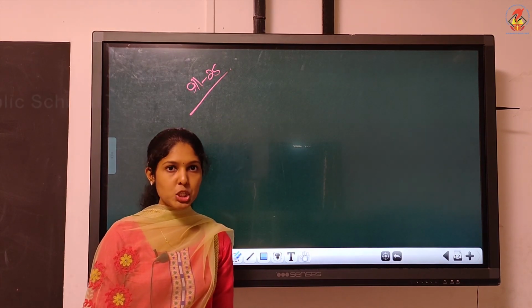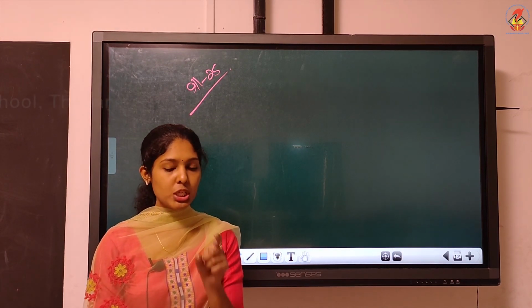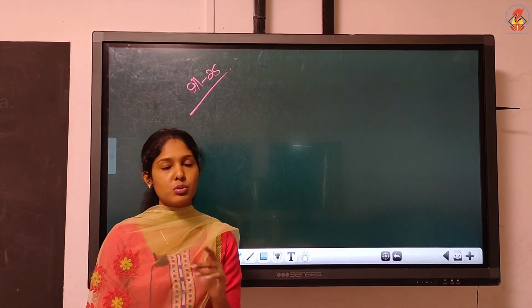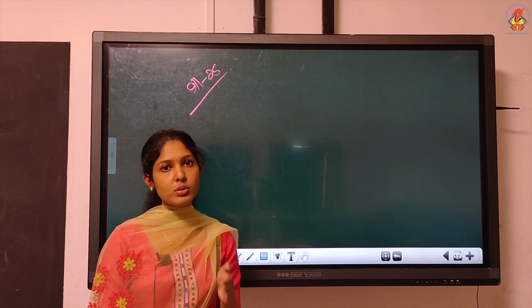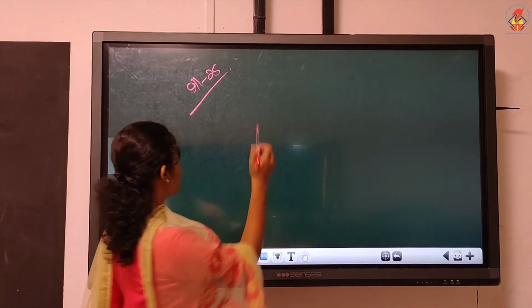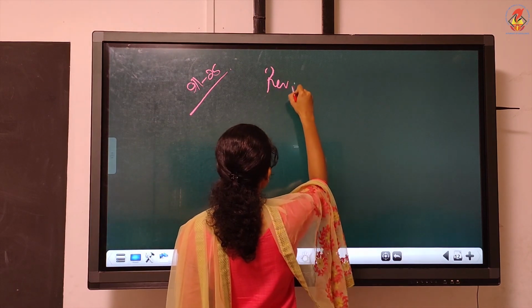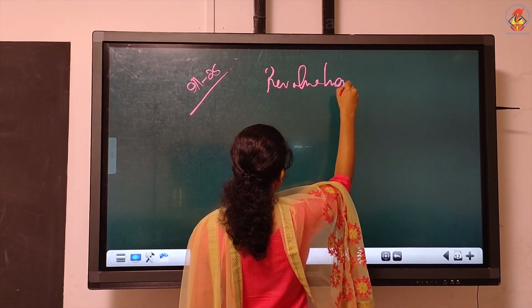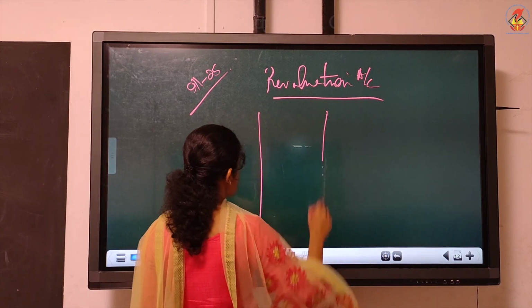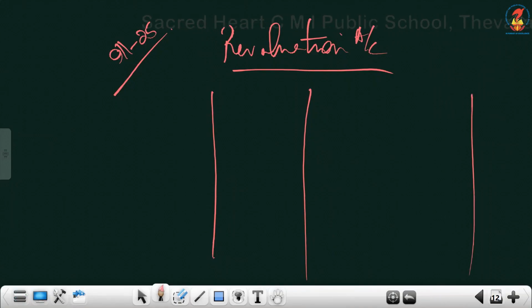So prepare the revaluation account. There is another name for revaluation, it's given there: P&L, profit and loss adjustment account. So revaluation or profit and loss adjustment account. Then partners' capital and balance sheet also we have to do. We'll start with revaluation. What should we do? The first step is to look into the adjustments. Read the adjustments only.